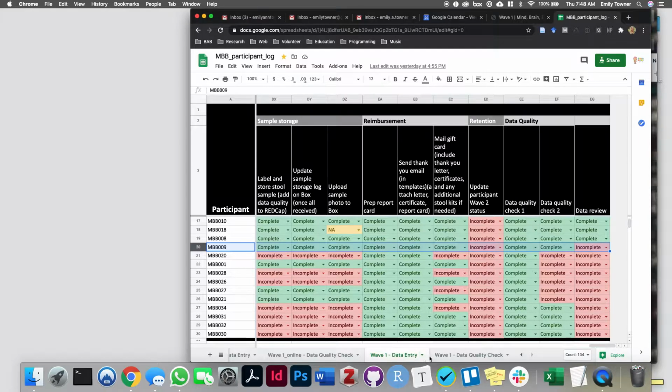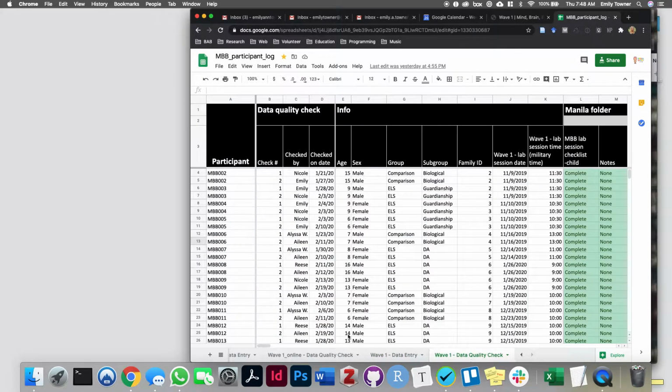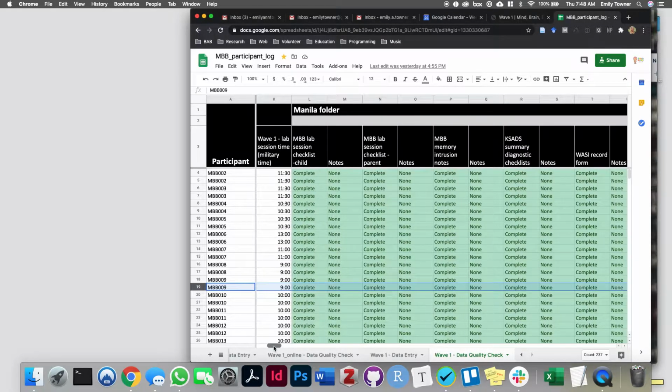So then the next thing I'm going to do is I'm going to move over to this data quality check tab for MBB009. And I'm going to use the second check because this means that this is the second data quality check that someone's done, so it's more likely that whatever was caught by the second time. Then I'm basically just going to go through every bit of this data quality spreadsheet and look for things that